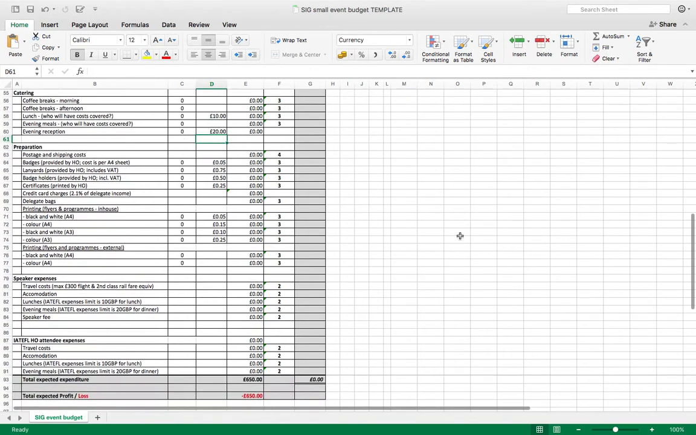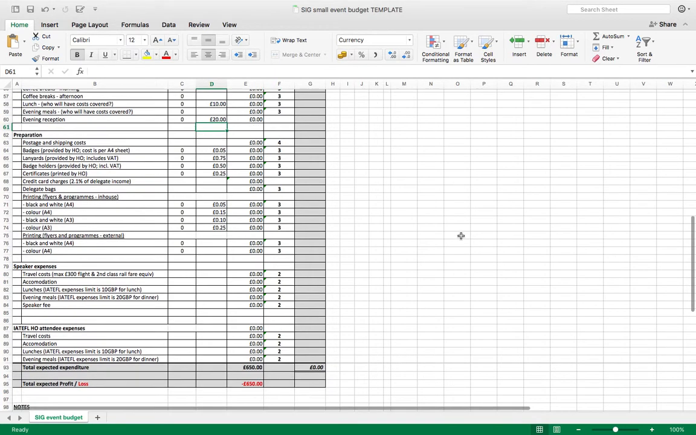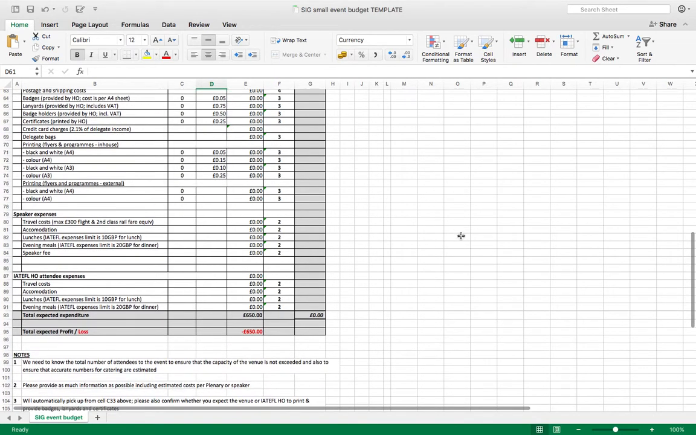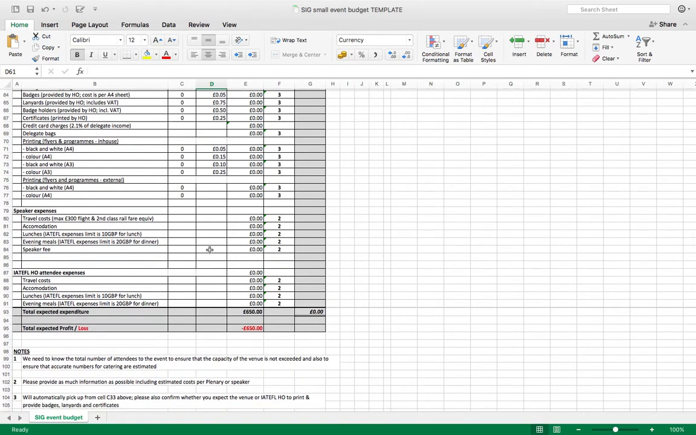Scrolling down, I would at this stage just put in any other costs that I know about. Now, I know that I was going to offer my speakers a £50 speaker fee, and I was offering my plenary speakers £150. Now, I haven't got plenary on here, so let's add some cells in